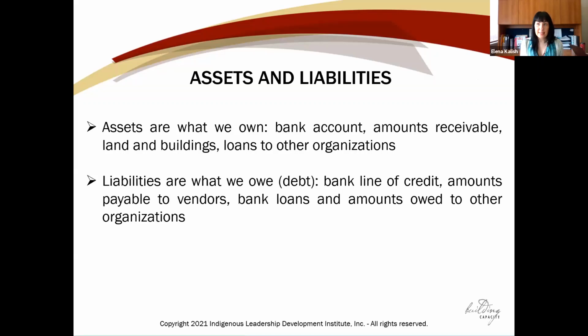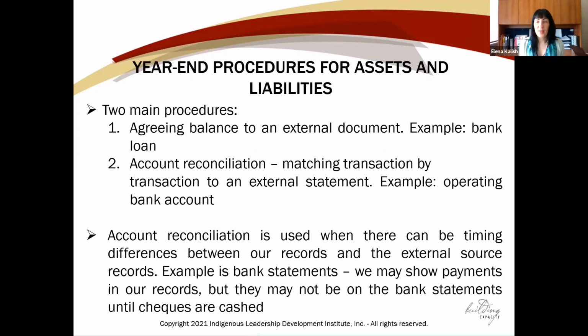Now, liabilities is an accounting word for debt, really. And so they would include anything we owe. So a bank line of credit, amounts payable to vendors, bank loans, and also loans from other organizations or people. Okay, so we're going to refer to them as assets and liabilities just because you know what I mean now, right? So to address those assets and liabilities, to make sure our balances are correct for the year end,